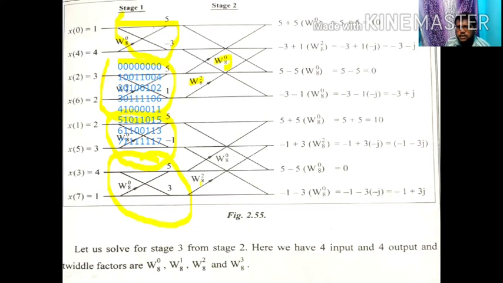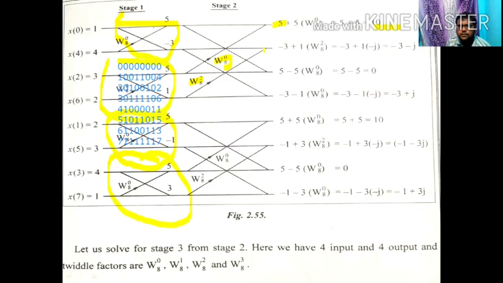So for the calculation, let us see only one calculation here. First consider this node. Here it receives the signal 5. Okay, I shall just substitute 5. Next, in this node, what are the signals coming here? One more signal will be coming here. You just look into this line. So this line comes into this node. So this node consists of the value 5 as well as the twiddle factor value. So 5 into W8 power 0. So I put here 5 into W8 power 0. This is the positive line, so I put here a plus sign. So 5 plus 5 into W8 power 0. So the answer becomes 10.